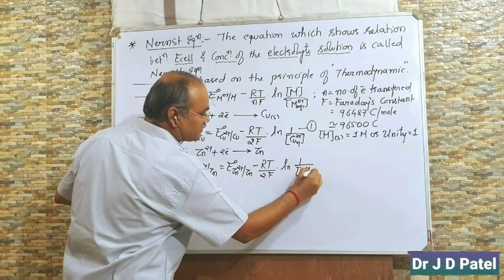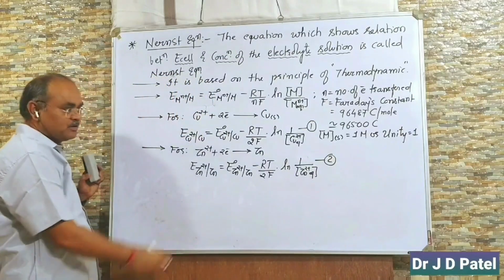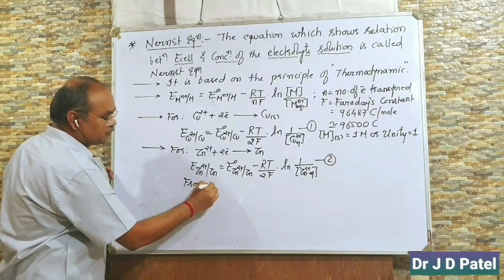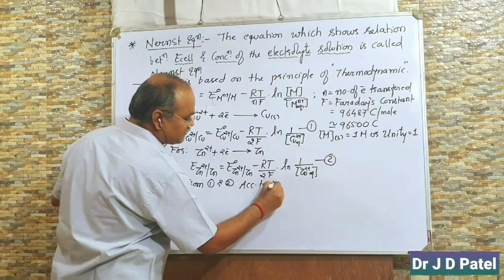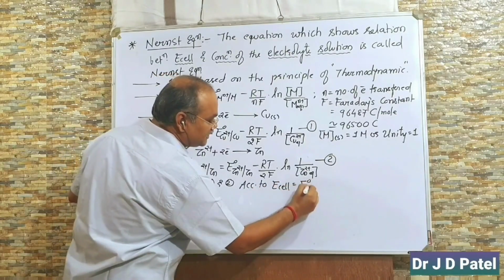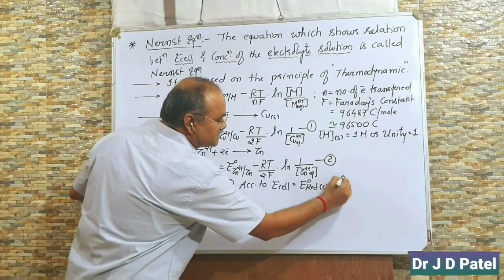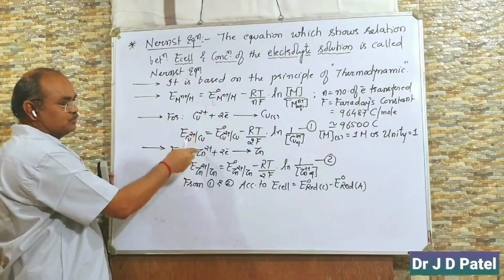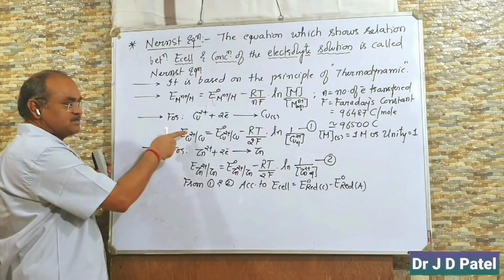Number 2. From 1 and 2, according to E cell is equal to E0 reduction at cathode minus E0 reduction at anode. Now out of these two, who will be acting as cathode and anode in the Daniell cell? You have studied this is acting as anode and this is acting as cathode. So if I use this formula, the final answer will be